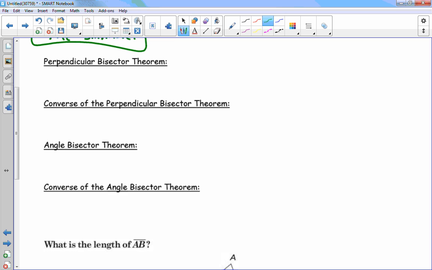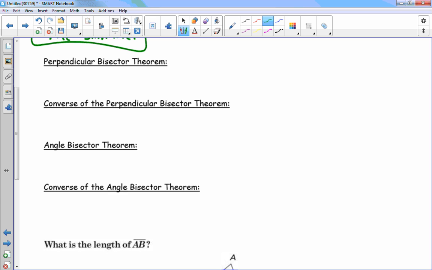What does a bisector do? It has something to do with a half. It goes in between. It cuts it in half. Intersecting, it cuts it in half. It goes all the way through. Okay, so a perpendicular bisector theorem